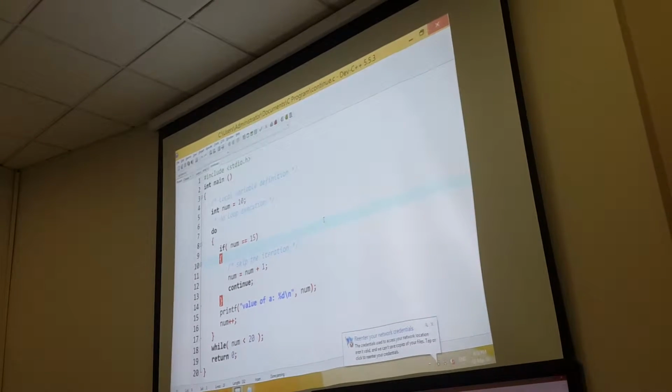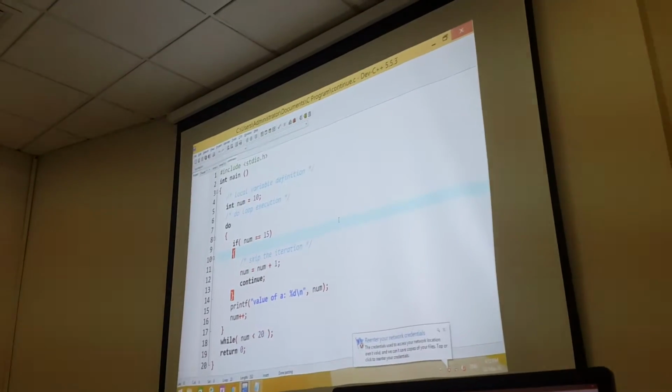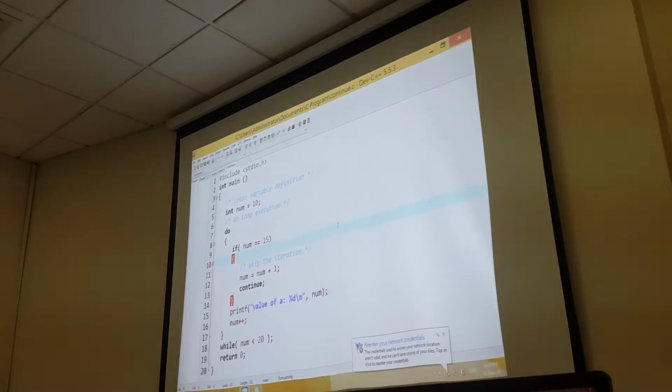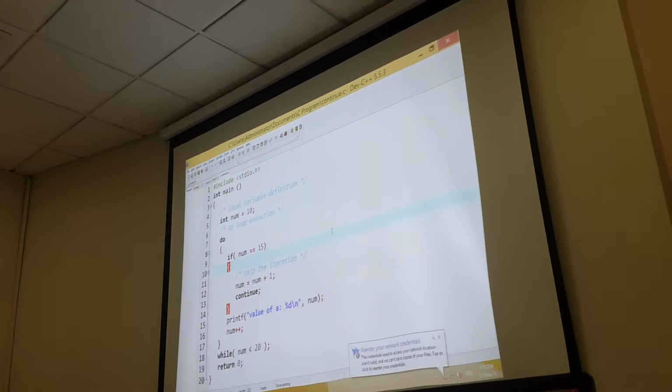There is one more statement. Break, go to, continue and return. These are the four statements which we have discussed in the last session. And I have asked you the question to explain this program in front of me. Fine? So let me explain this program so that you can understand what we have done in this program.